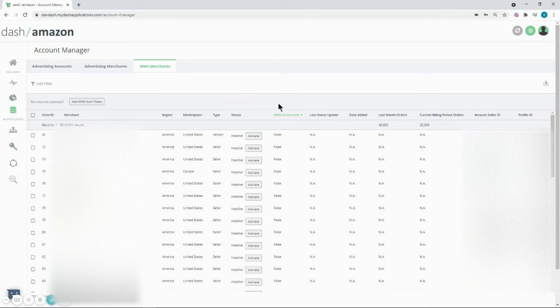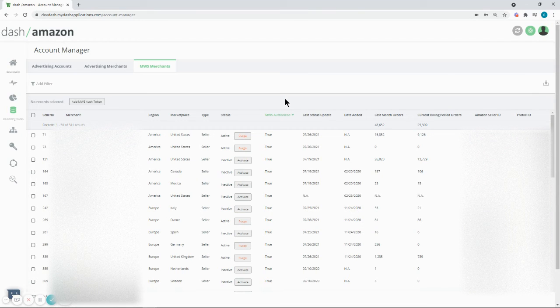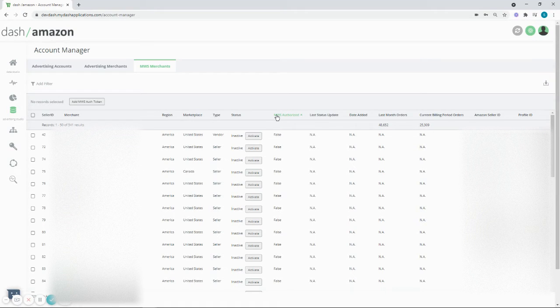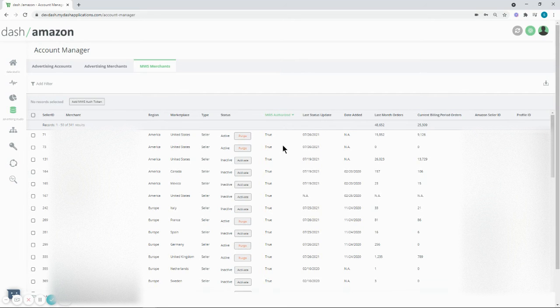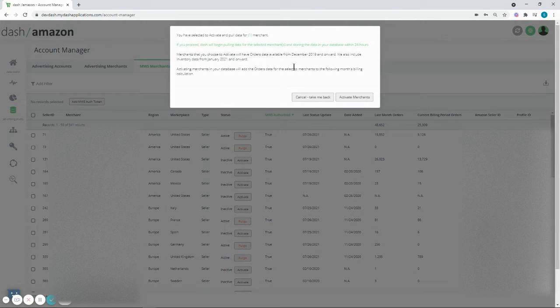The other column that's important and worth noting is this MWS authorized column here. This is going to tell you whether or not you have already added an MWS auth token for a given merchant account. If you haven't, it'll show as false. If you have, it'll show as true. And for those that you have true, you can just simply push this activate button